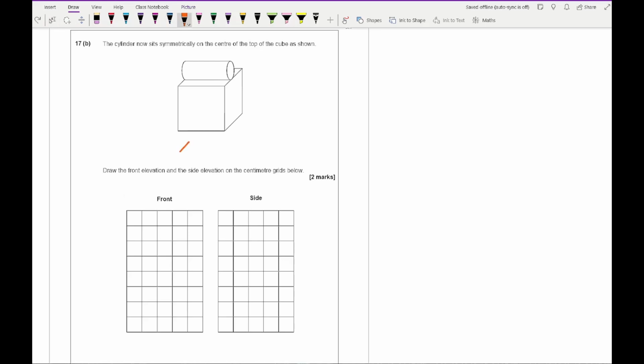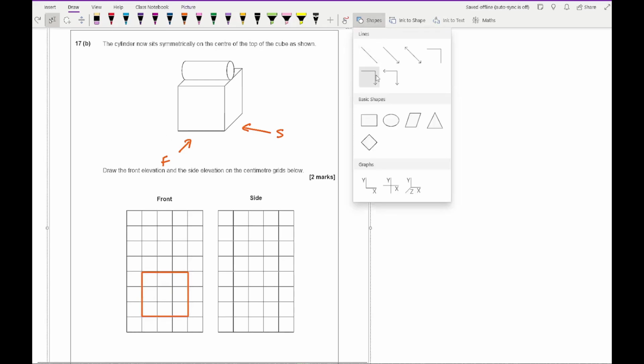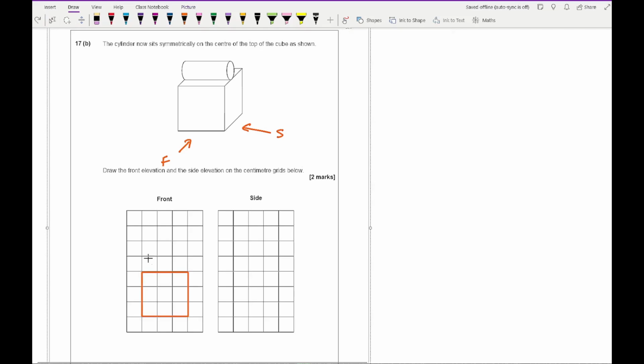So if I start by just highlighting what is the front, and this is going to be the side view. So again, for the front view, it's going to be a 3 by 3 square. And then it's going to be another rectangle, but this time a horizontal one, which is 3 by 1. Again, but it's going to be on its side. And so it should look something like this. Make sure you've got that line in between. So that's the front one, and then the side one is again going to be, if I just copy